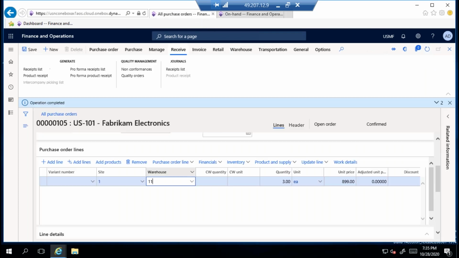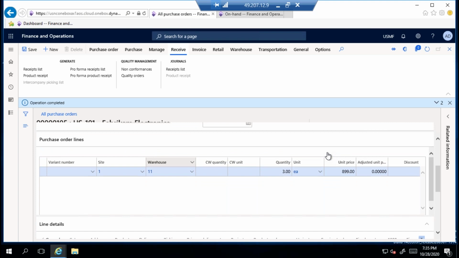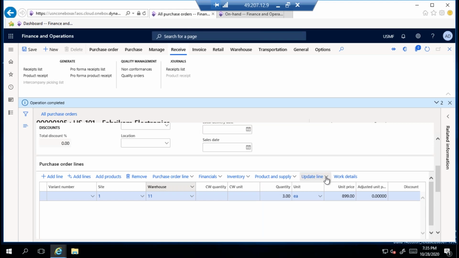But if you do registration, update lines.